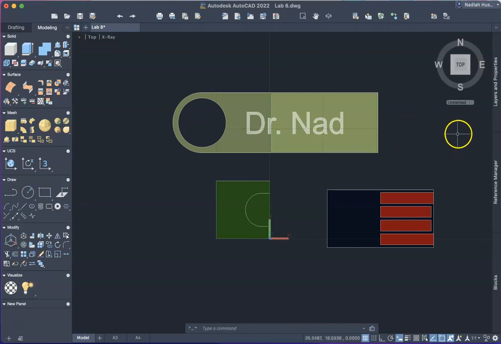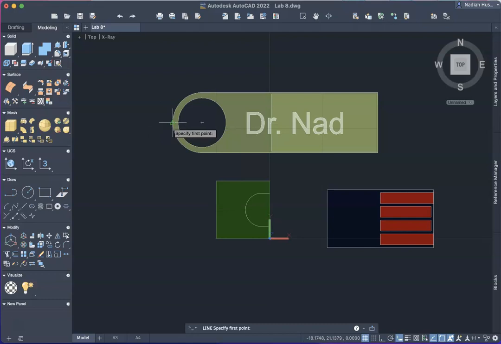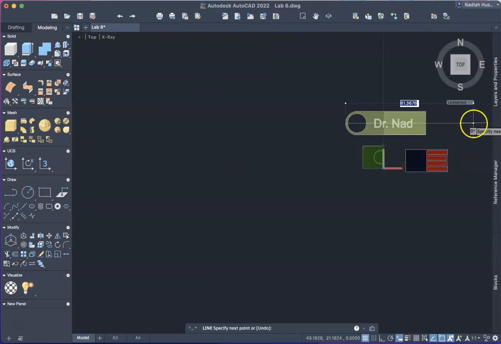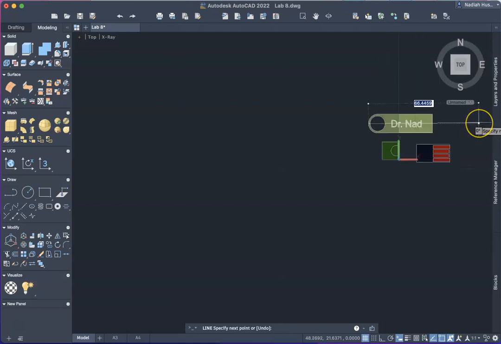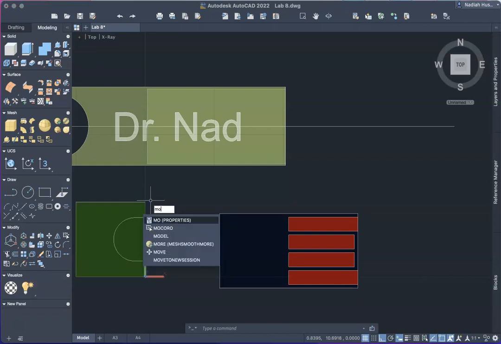Why is this like, everything looks weird? Okay, let me see. Line. I'm trying to make a point. Oops, what am I doing? I want it to be orthographic. Okay, enter. So now I have an existing line that shouldn't be there, but never mind, I'm going to do that later. I'm going to move